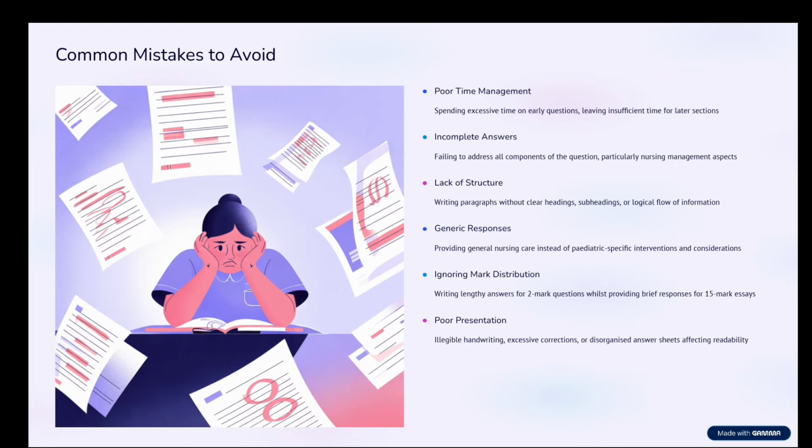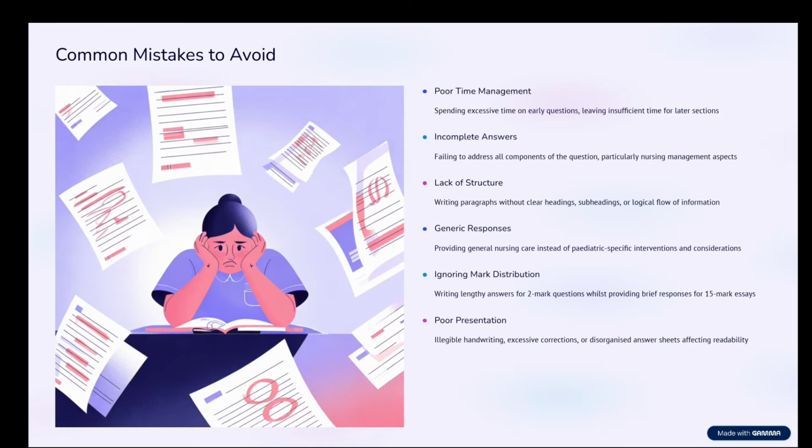Lack of structure: they won't follow a perfect format, or a perfect way to write a question. This is also a major problem in students. Generic responses: mostly people don't write in points. They always try to write in a paragraph. If it is a definition, you can't write in points, but if it is principles, you have to write different points, right? Some people I used to see write in a paragraph, so that's a big mistake, that's a big no. Okay,